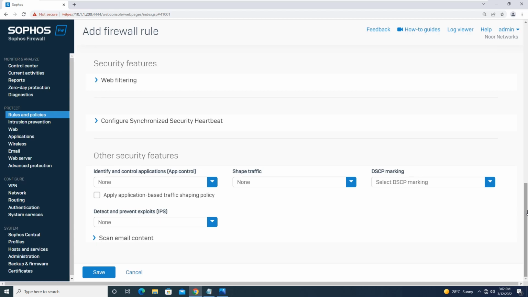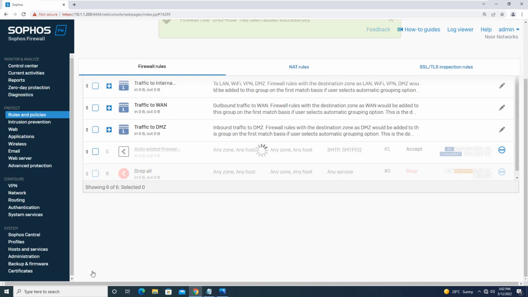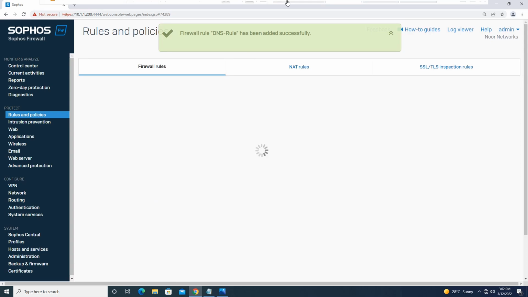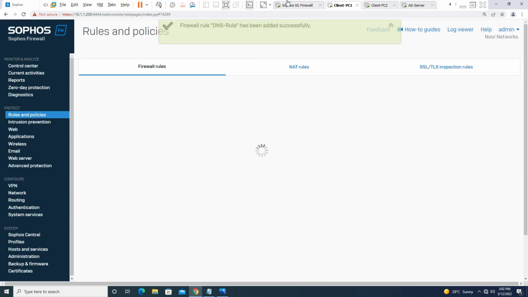Over here we won't be applying any web filtering, application filtering, or IPS, because we are not interested in doing any kind of configuration over it, because we are learning our user-based policies. Okay, simply you will save the rule over here. Okay guys, so the rule is saved now. What we are going to do next is,